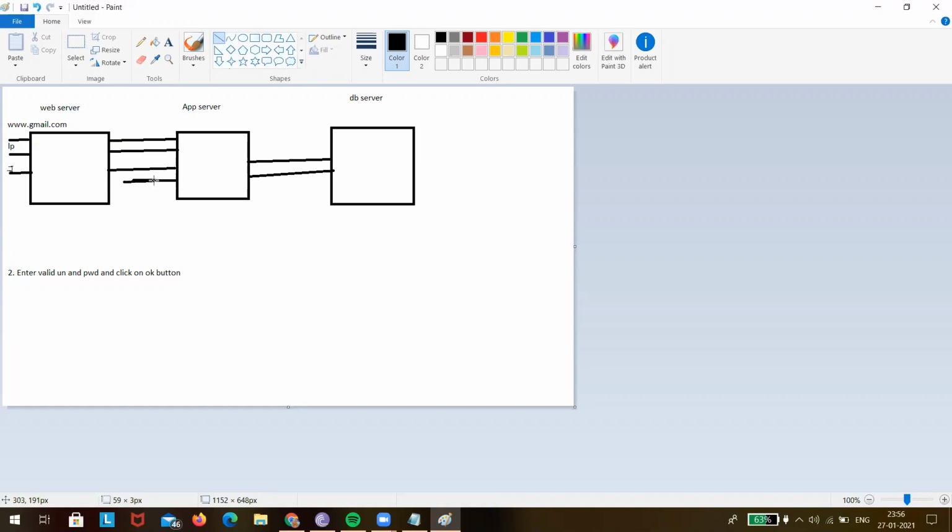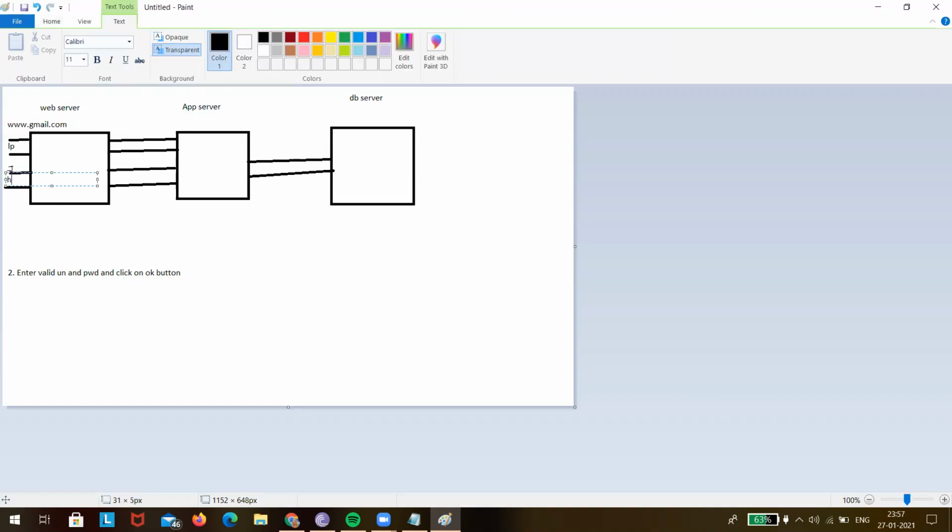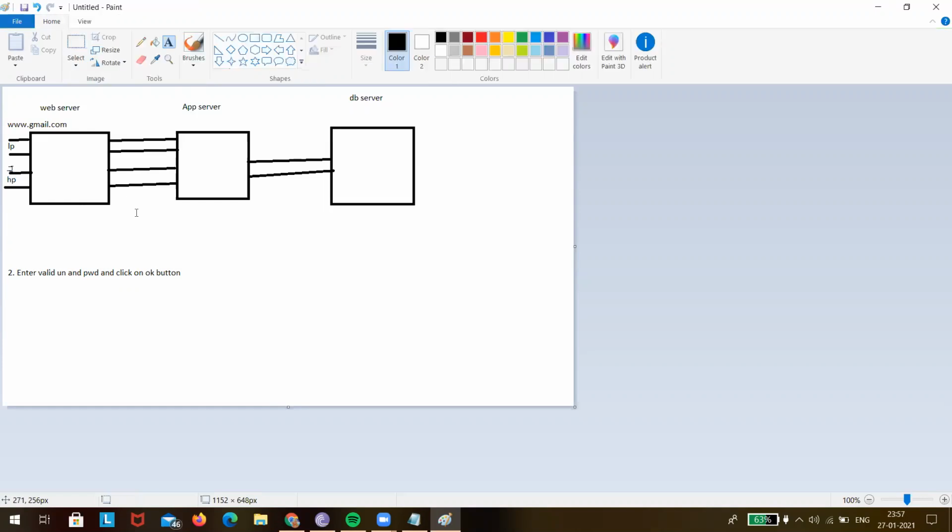And if it is coming into the web server, the end thing a user will get is the home page. If we give a valid username password and click on OK button, what happens? Home page comes or not? Tell me yes, no. Yes, sir. Yes. So I'm just writing HP. That means home page will come.